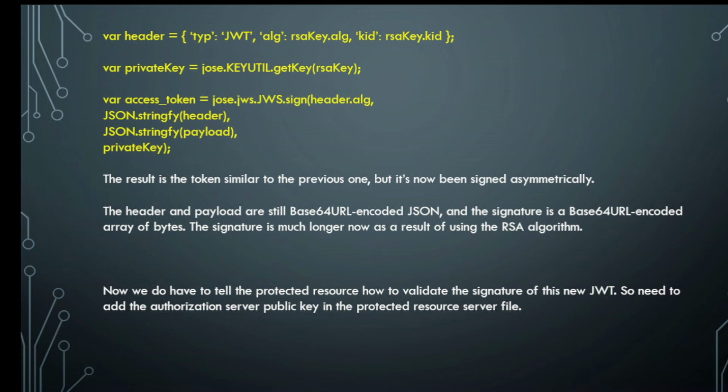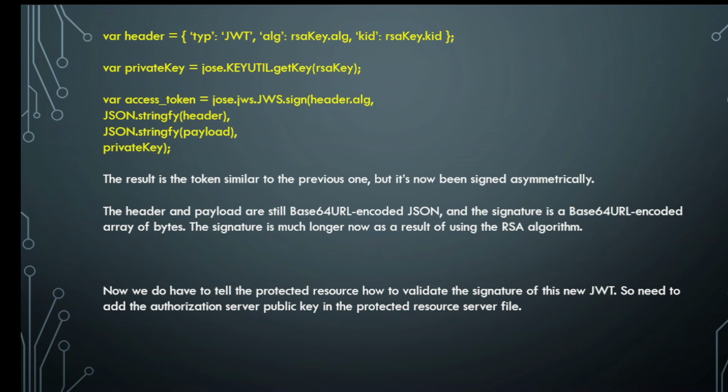That's the difference. The header and payload here again are still Base64 URL encoded JSON, and the signature is a Base64 URL encoded array of bytes. The signature is much longer now as a result of using the RSA algorithm. So we are using RSA SHA-256. So now the signature length will be a little longer as compared to the older one where we had HS256,